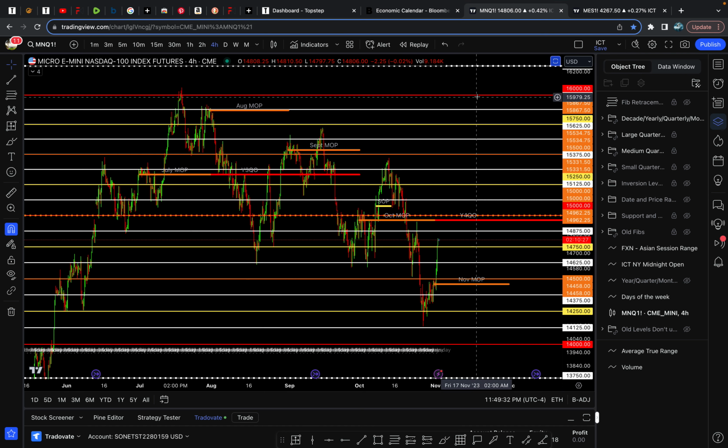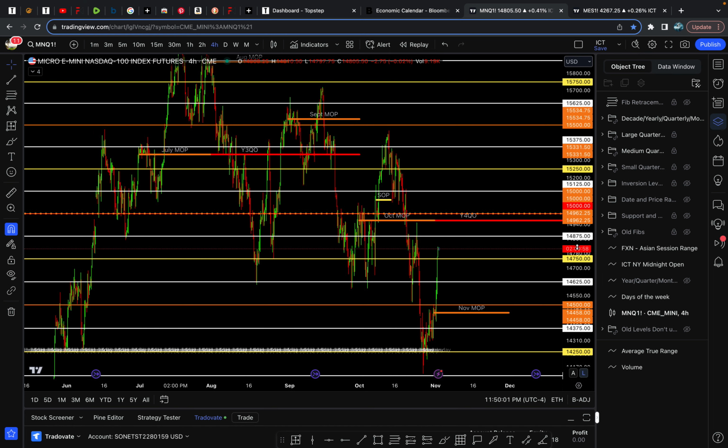The color coding should help you understand the strength. The red is stronger, and you have the orange, the next strongest, and then the yellow would be slightly less strong. So the red is the strongest, orange slightly less strong, the yellow slightly less strong, and the white being slightly less strong.